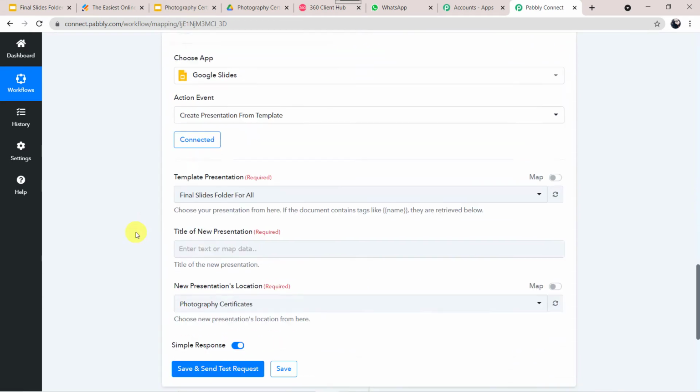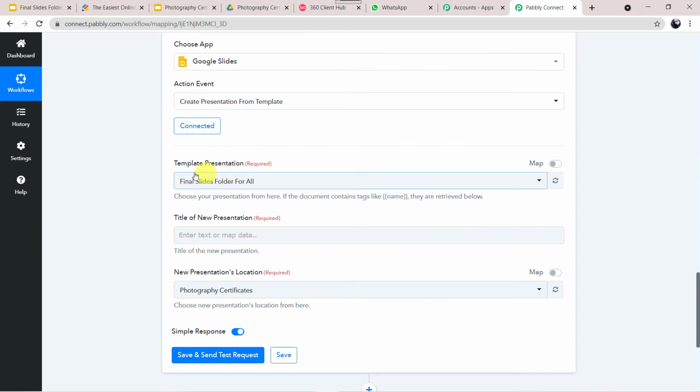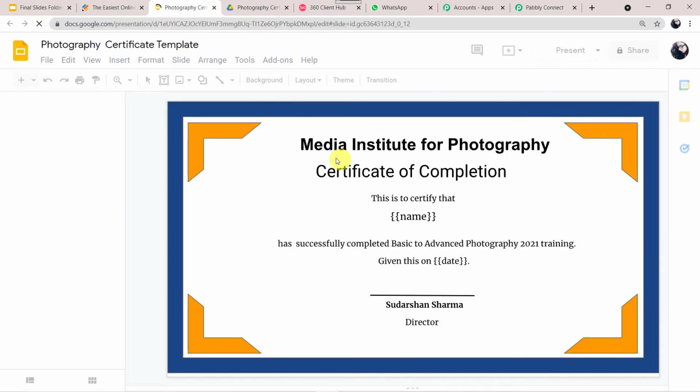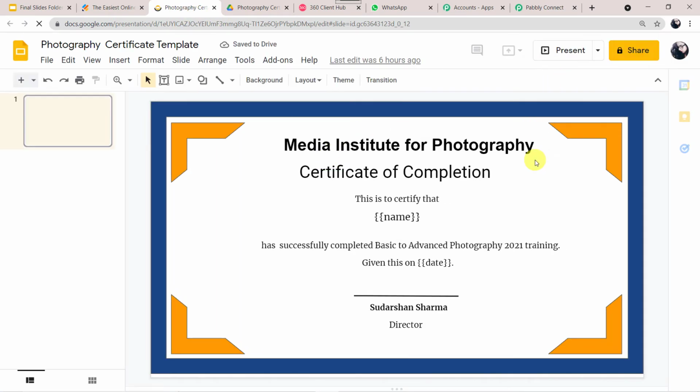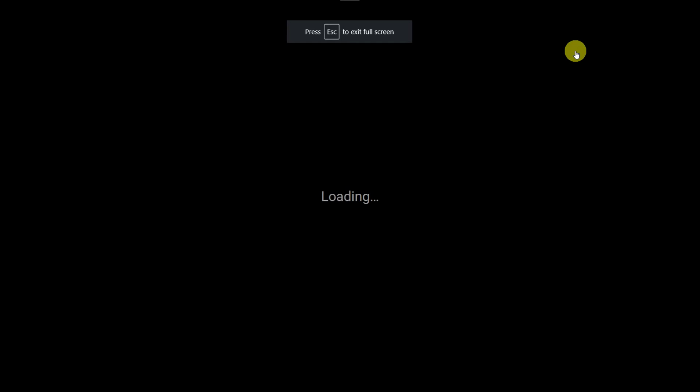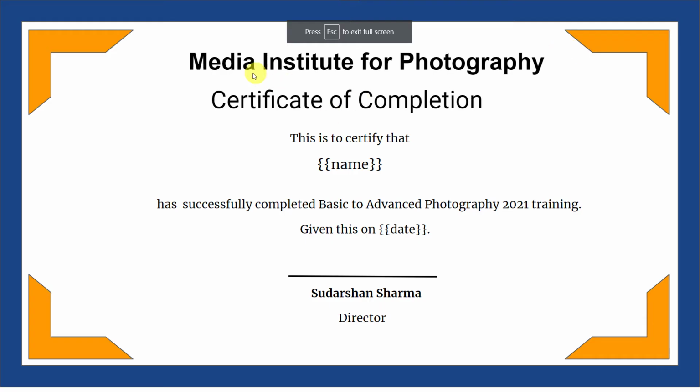Now here we have to give the template presentation. So I'll show you the template which I have already created for creating the certificate. This is the certificate template. I'll maximize this and show it to you. It is Media Institute for Photography, Certificate of Completion.